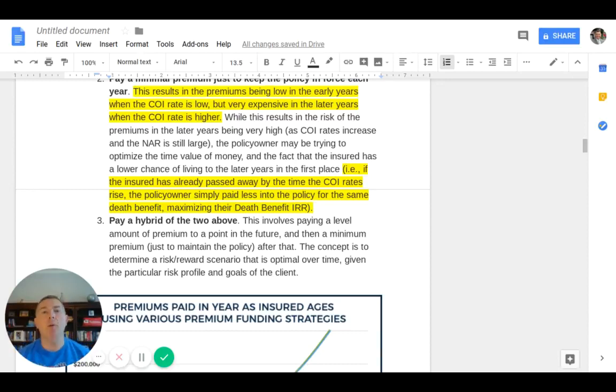If I pay $50 for a $1 million term premium and I get hit by a bus, I only pay $50, my wife gets $1 million. The IRR on that death benefit is through the roof. All right, now on the other hand, if I'm paying ultimately $900,000 on my term premiums, and my wife and I get hit by a bus, my wife gets $1 million, the IRR, internal rate of return on that death benefit, is minimal because I put $900,000 in, I only got $1 million back. That's the difference in IRR and death benefit.